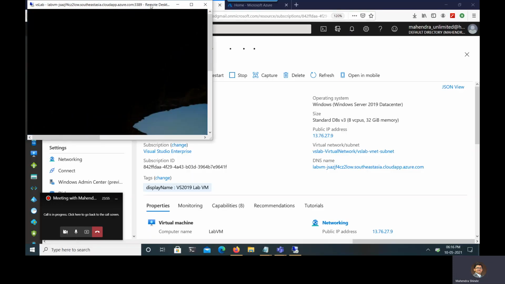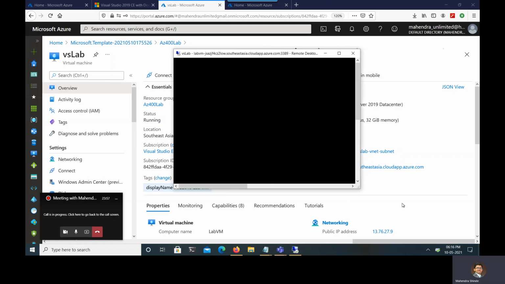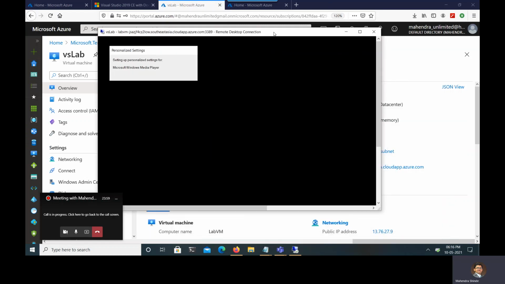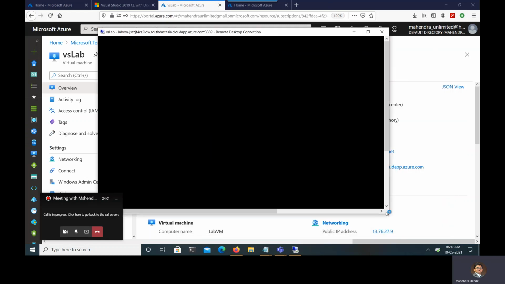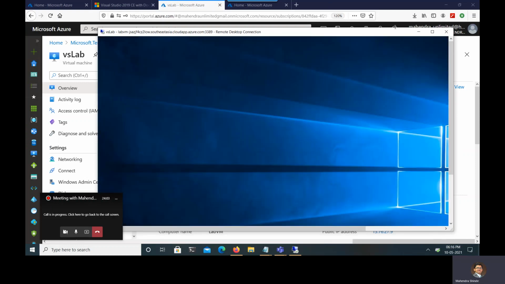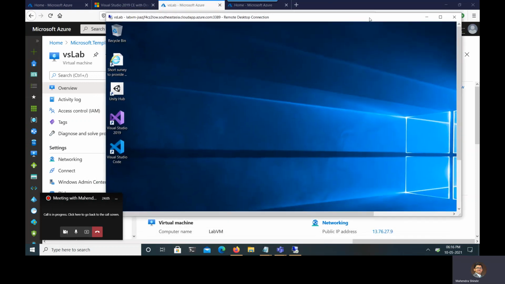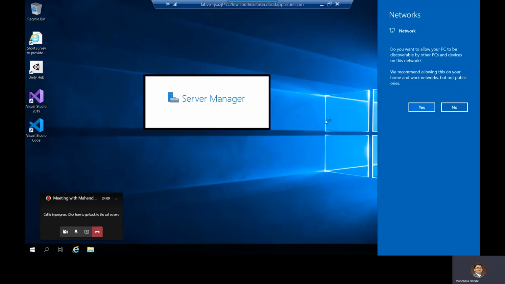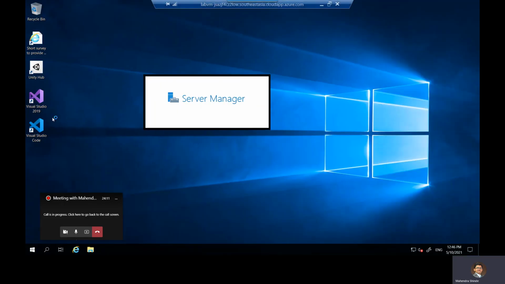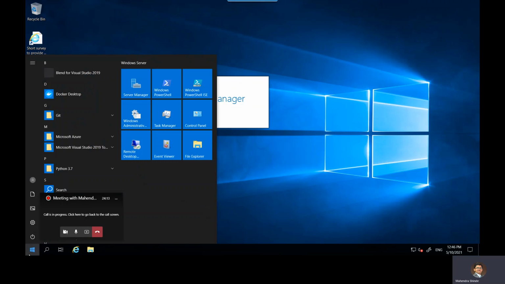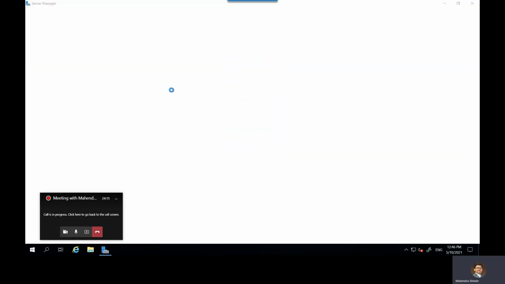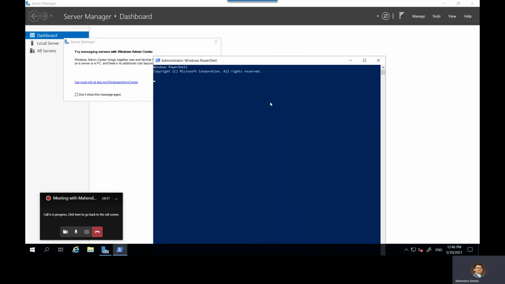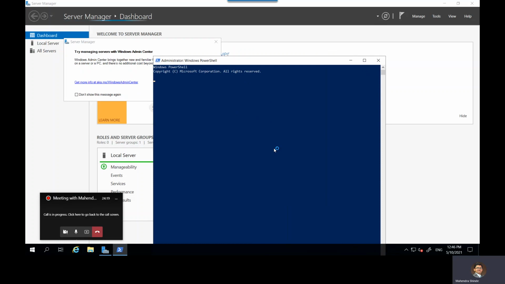Now we are inside the machine. I'll tell you, inside the machine you have all the necessary software installed. To give you an example, you have Visual Studio Code, properly installed. I have also installed Git on this machine, so you should be able to use the Git command line as well.